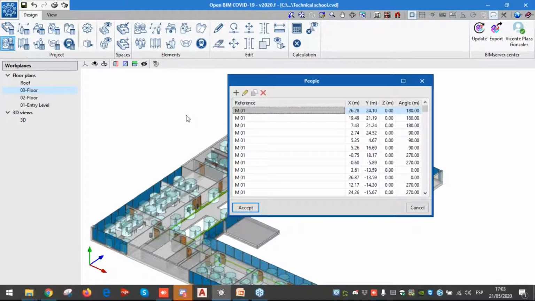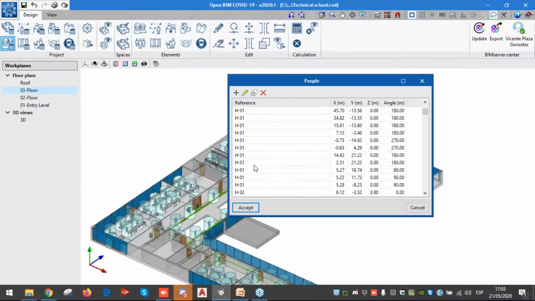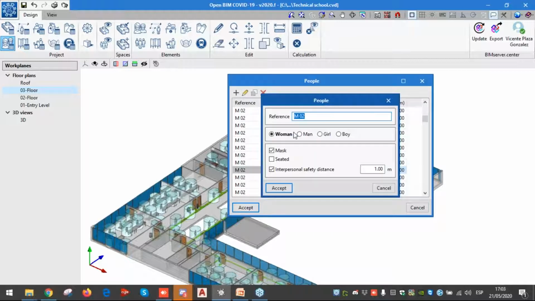Then, in people, we see all the coordinates, and also each of the people that have been placed in the project. If we double click, we can see if it's a woman, if they have a mask, if they are seated,